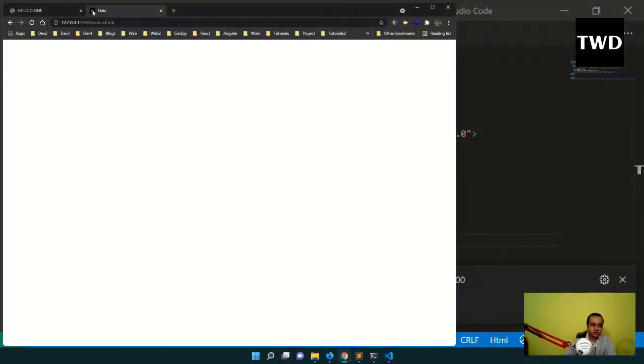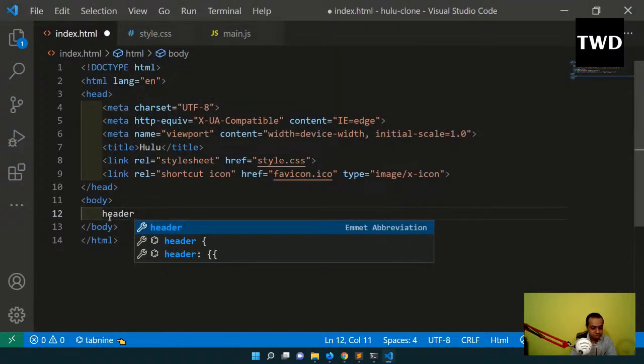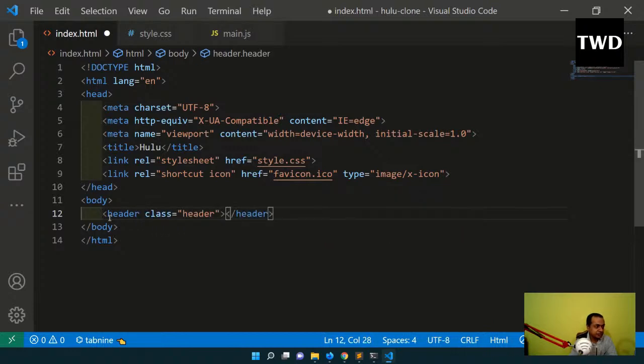Let us do this here. The icon is showing correctly, because we have taken it here. Okay, so this is like this, and now what we need is a header. So a class name of header will be there, and then inside it